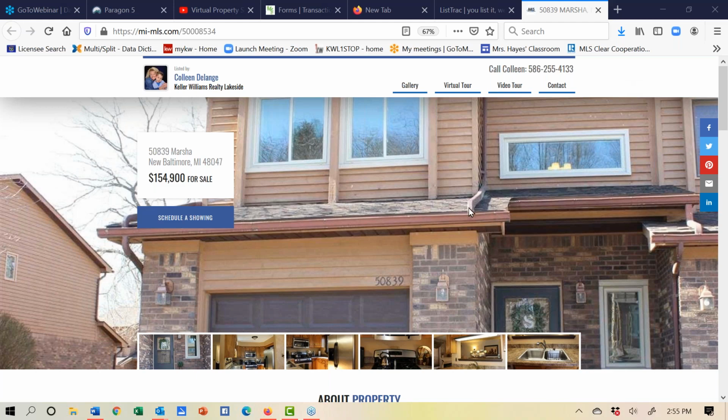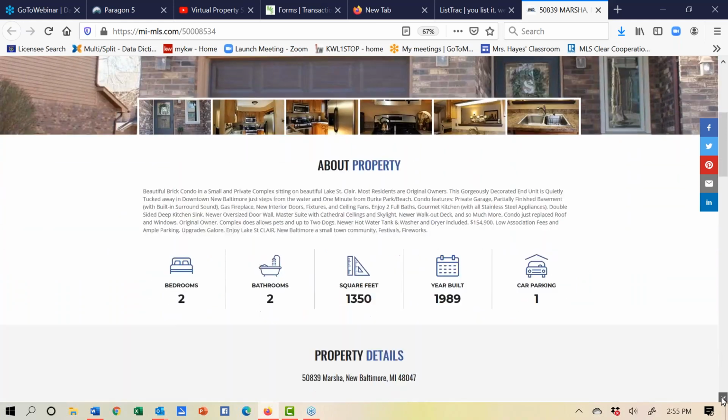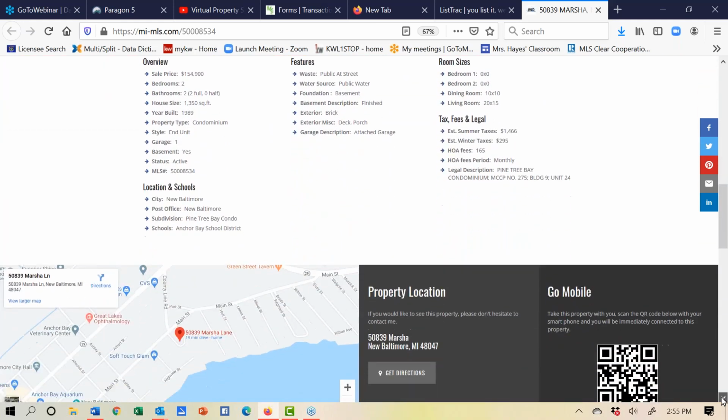So this is the single property website that Taylor was referencing. And by adding in those links, as she mentioned, it's putting your virtual tour and video tour right up here. Remember, I'm still seeing a lot of agents who are sharing from places like Zillow or sharing from other sites like that. The problem with that is you're working so hard, you're putting all of your comments, your photos, all